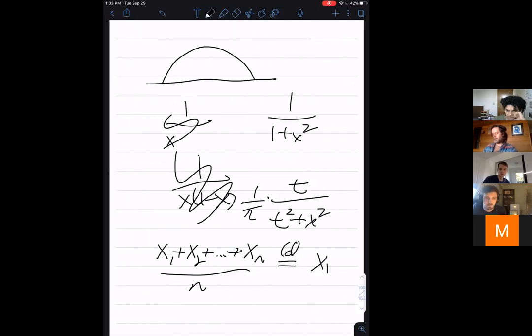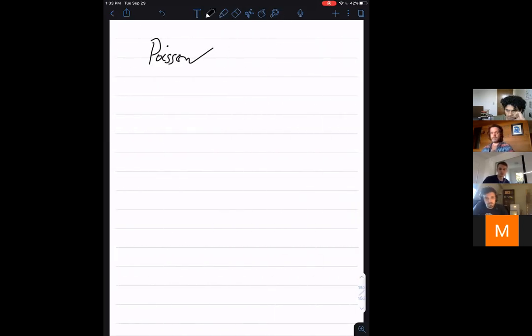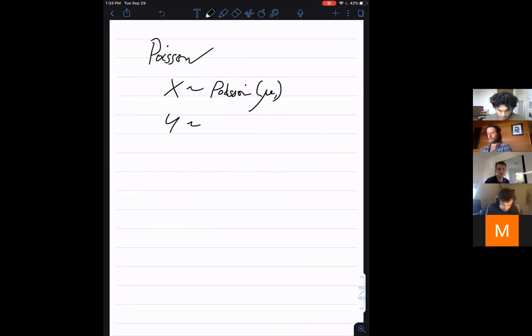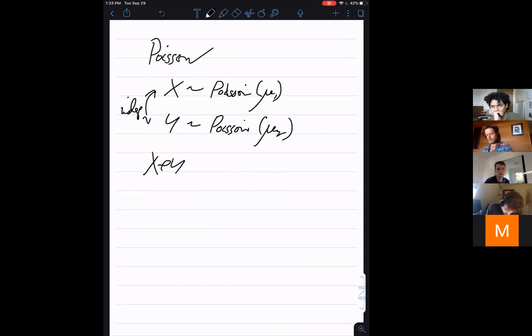Yeah, that's right. We can build into Poisson processes as well. The basic statement is that if X is Poisson of parameter mu1, where mu1 is a positive real, and Y is Poisson of parameter mu2, and these are independent, then what is it? X plus Y is Poisson of parameter mu1 plus mu2. And this is the kind of structure that is going to give